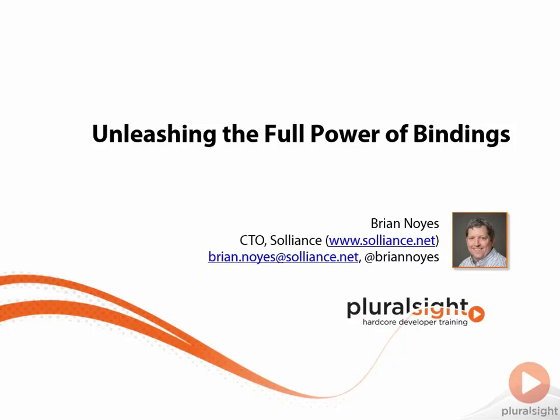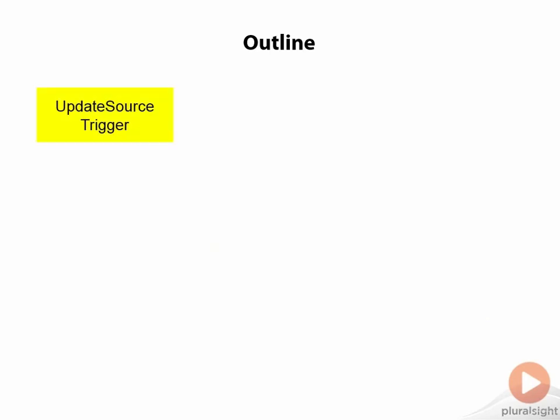Hi, this is Brian Noyes, and in this module we're going to dive deeper into bindings and look at a number of additional properties that let you unleash the full power of what a binding can do for you for specialized scenarios. First up, we're going to look at a property called Update Source Trigger, and this is a property on a binding that controls when data flows from the target to the source in two-way data binding scenarios. The default mode is when focus changes, but you'll see there's a number of other options there,